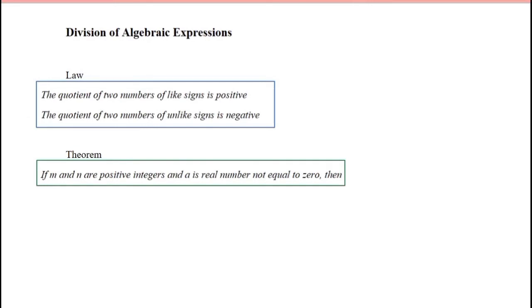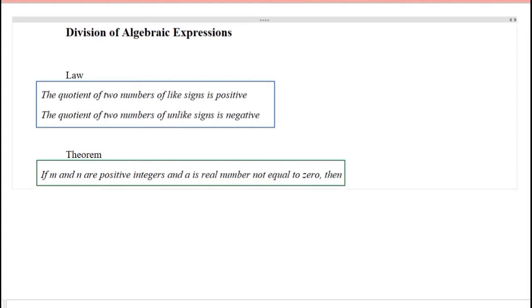Our topic is division of algebraic expression. So the law says that the quotient of two numbers of like signs is positive and the quotient of two numbers of unlike signs is negative. For the theorem, if m and n are positive integers and a is a real number not equal to 0, then